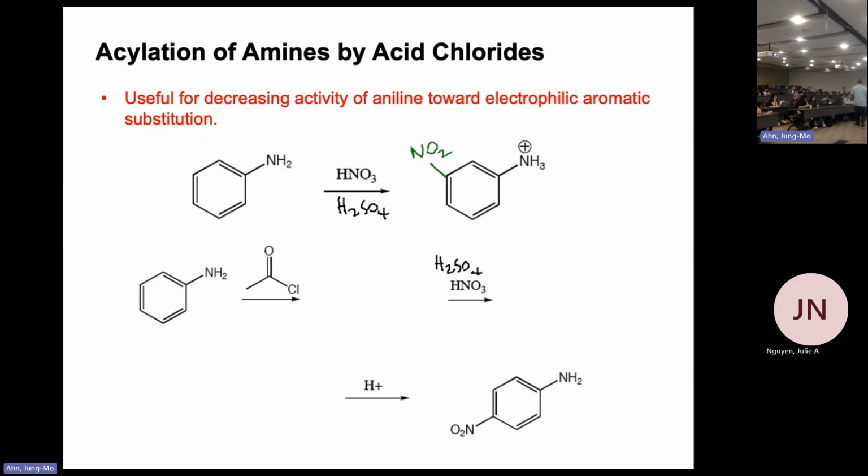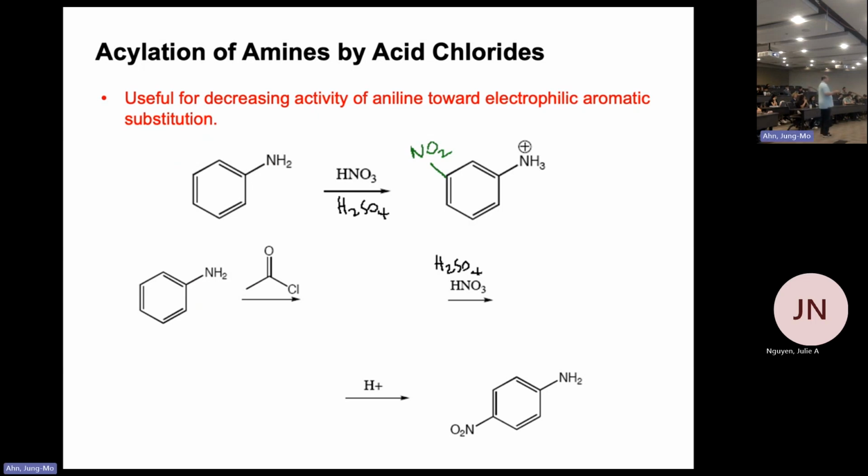The question I'm asking here is, yeah, that's what happened, but regardless, you want to make this, then what are you going to do? This is a very goal-driven question. Understanding how nature works is one thing, but making something happen is another thing. If you do the nitration reaction on the aniline, you will have a nitro group at the meta position, not the para position. That's basically what happens. But in the end, let's say your boss asks you to make this regardless, then what are you going to do? That's why you need some other way to make it.